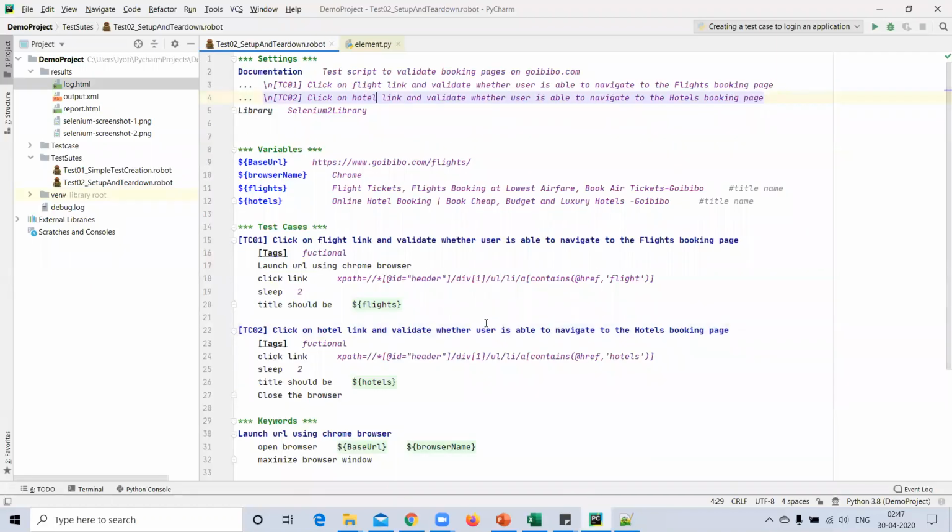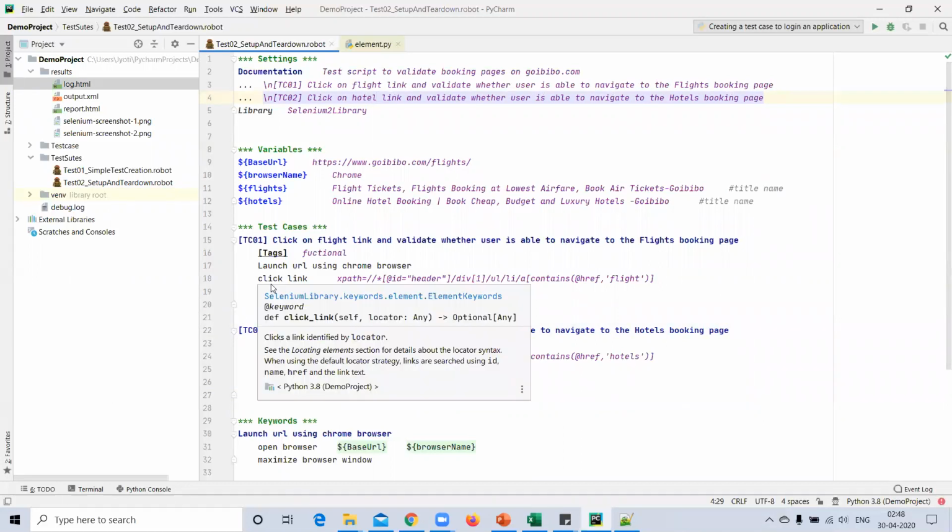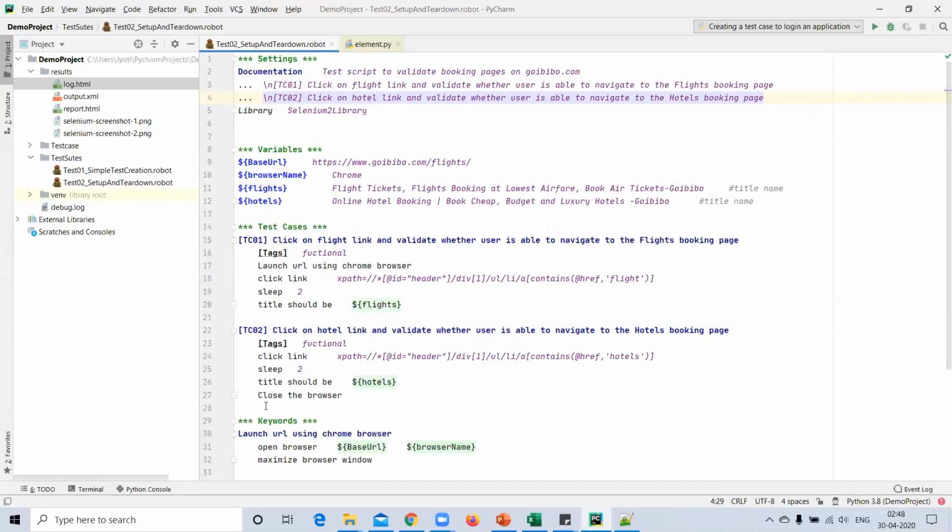As in both test cases, you can see the method launch URL using Chrome browser. We are calling this method before starting the first test case and close browser after ending the second test case.